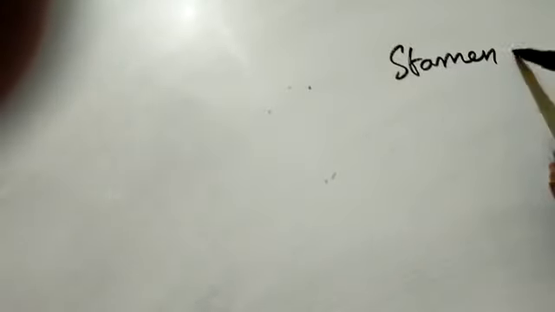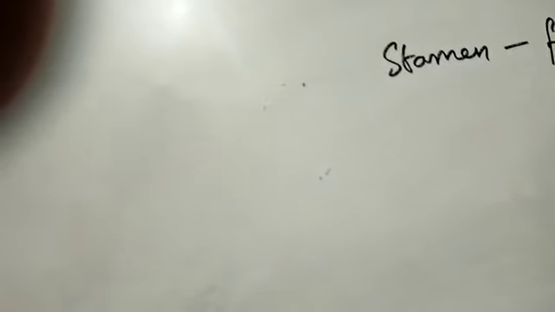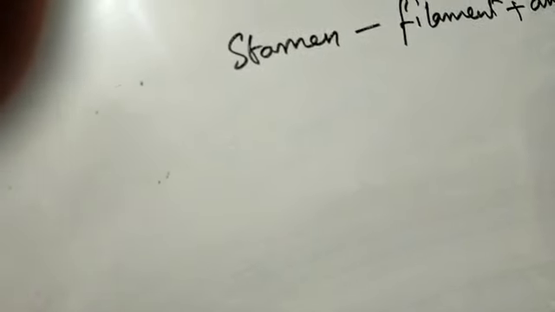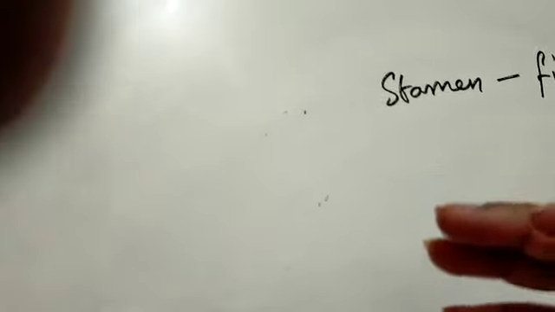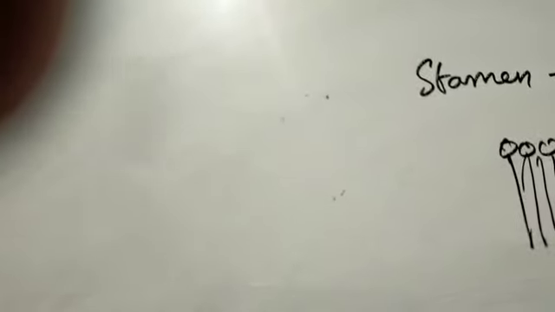Now this stamen could be one. When I am talking about the stamen, I am talking about the filament plus the anther. So this stamen could be one or it could be many, and it depends upon how they are placed. They could be free, they could be fused together. Sometimes the filaments are fused together and the anthers are free. Or they may be fused together to form 2 bundles within a flower and the anthers are free.